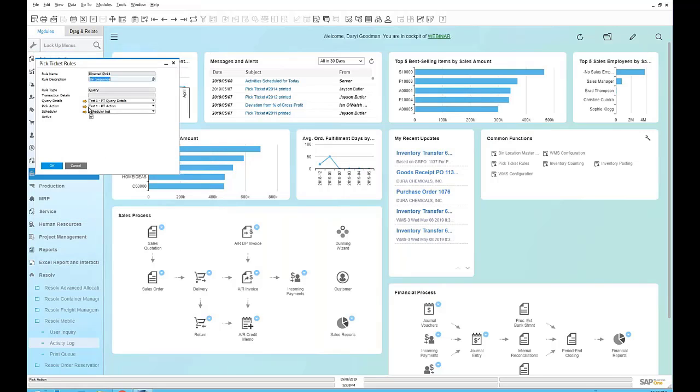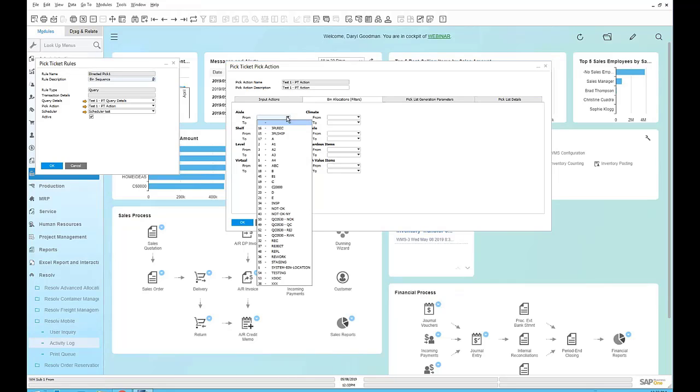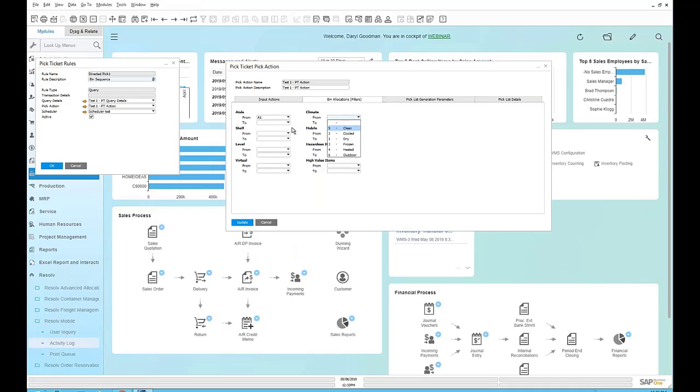When it generates the pick ticket, you have the ability to use these pick actions, and the pick actions help us determine how many pick tickets and what should be included in the pick ticket. As you can see, we have the ability to control whether the line is 100% or the document is 100% available. But with respect to bins, you have the ability to come in here and filter where it should be used from. If I want to make sure that I'm only working with bins that are reserve bins, I can specify that I want to take them only from a specific location, such as only from the clean room, or being able to specify a specific